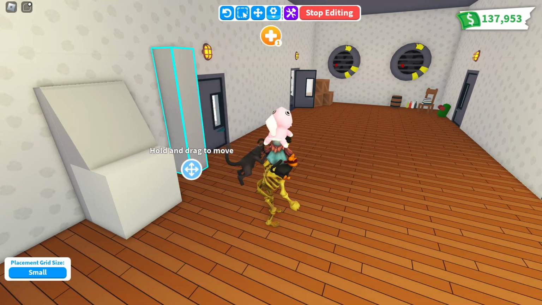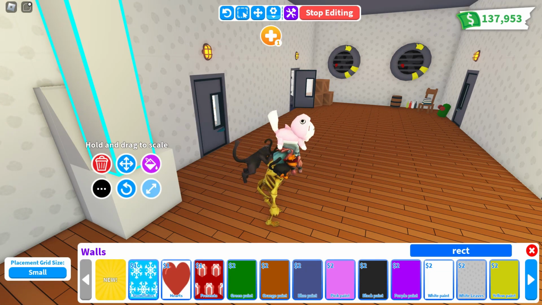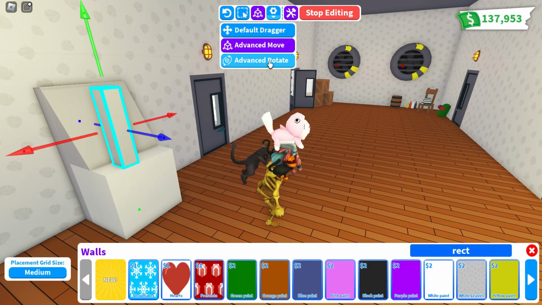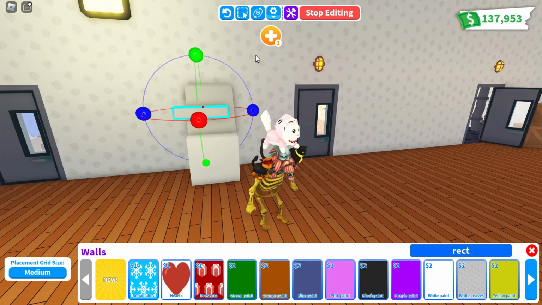is going to be our front and top, and we'll get it into place, and scale it down. You're going to want it to be about the width of the machine. We're on small right now. We actually want to go to maybe a medium, because when we want to rotate it, and then move it into place. So